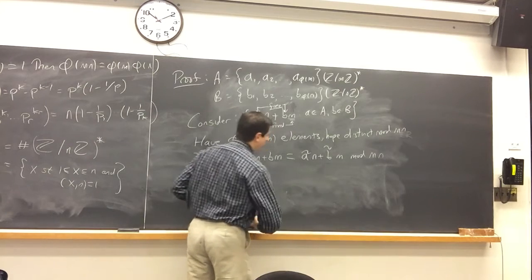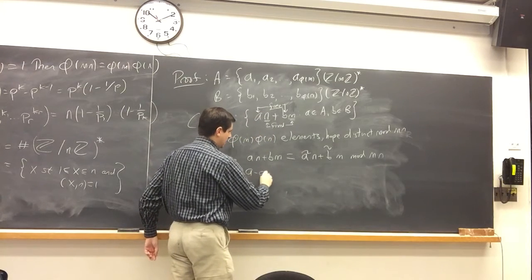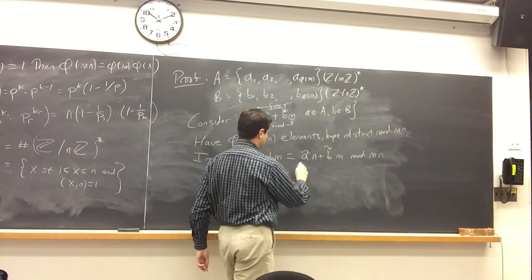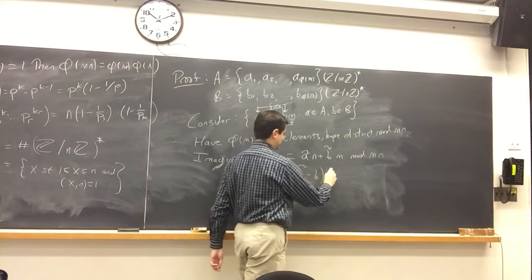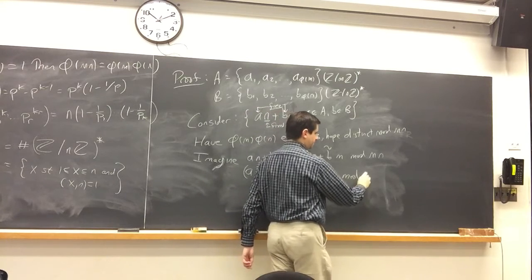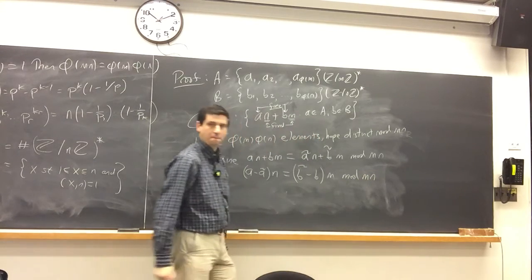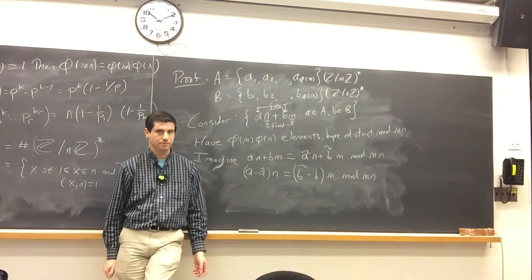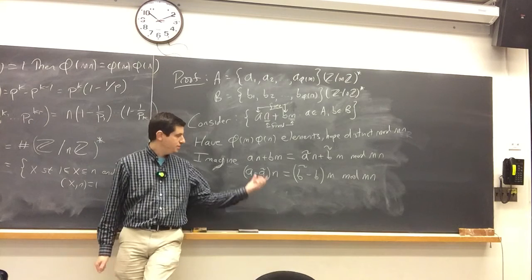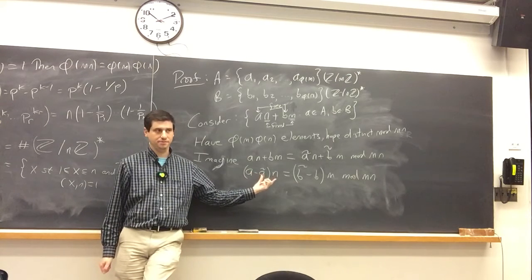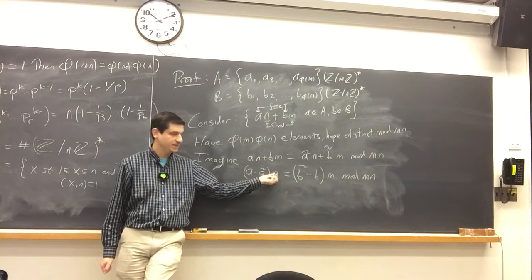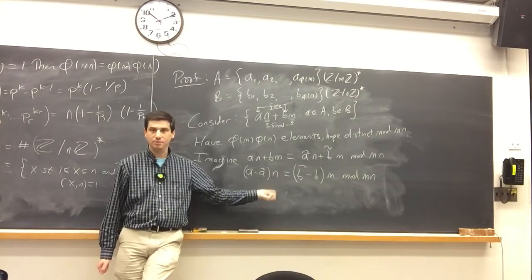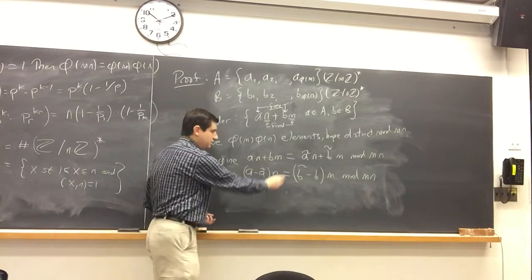Put all the n's together, so we'll have a minus a tilde times n equals b tilde minus b times m, mod mn. Now we use the fact that m and n are relatively prime. So this is a multiple of mn. Can m divide anything in n? No. n and m are relatively prime. So the only way this could be 0